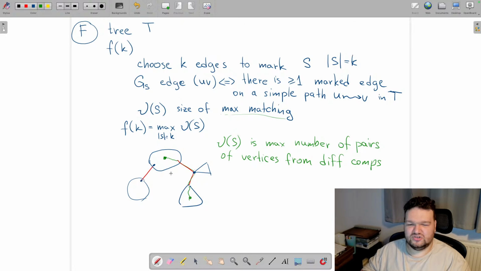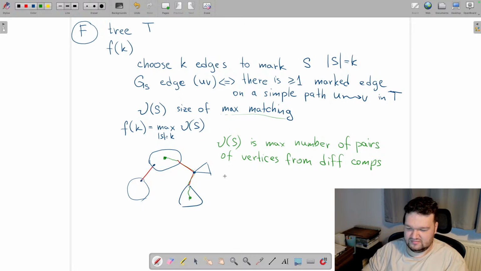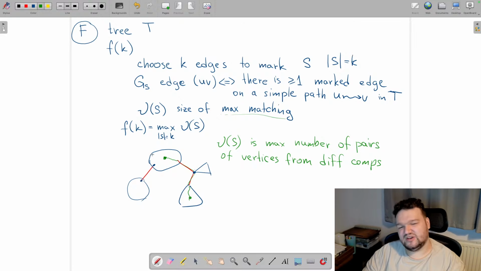And those pairs should not use the same vertex more than once. Now, this is a well-known problem. If you just have some groups of, I don't know, marbles, and you need to make as many pairs of marbles from different groups such that you do not reuse those marbles, calculating that maximum number is a very well-known problem, and the answer to it is like, if the sizes of groups are